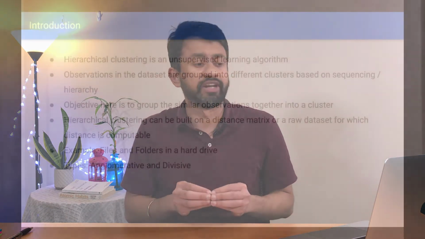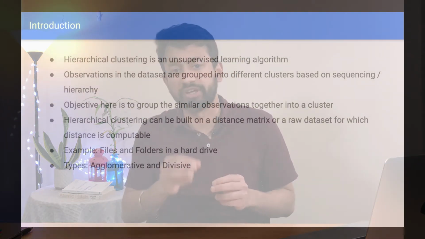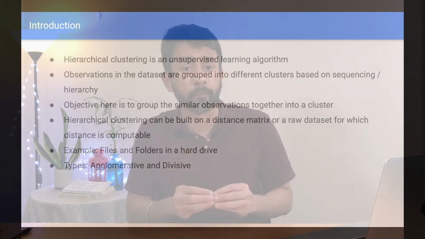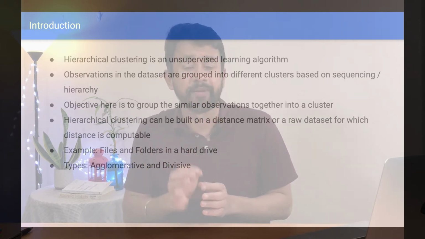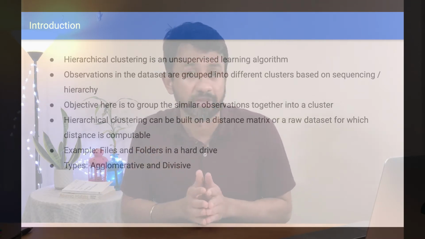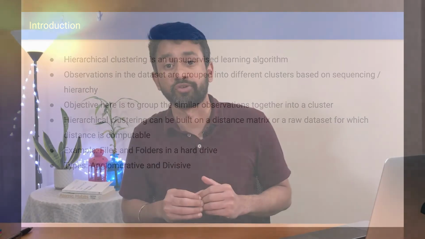In the case of hierarchical clustering, the observations in the data set are grouped into different clusters based on a sequence or a hierarchy in the data set. That's where hierarchical clustering comes into the picture. In K-means, we use a distance method and group them into small clusters based on how close they are to each other. Whereas in hierarchical clustering, we use a sequence or a hierarchy in order to come up with the